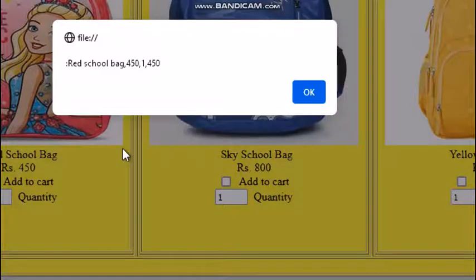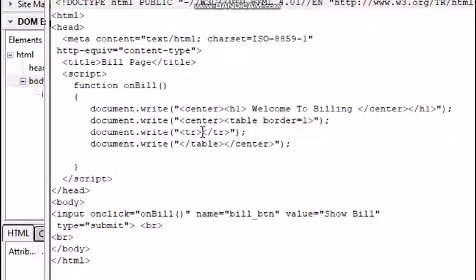Product details are in this order. First product description, then price, then quantity and then total. So your heading also we will write in same sequence. So th description, th complete,